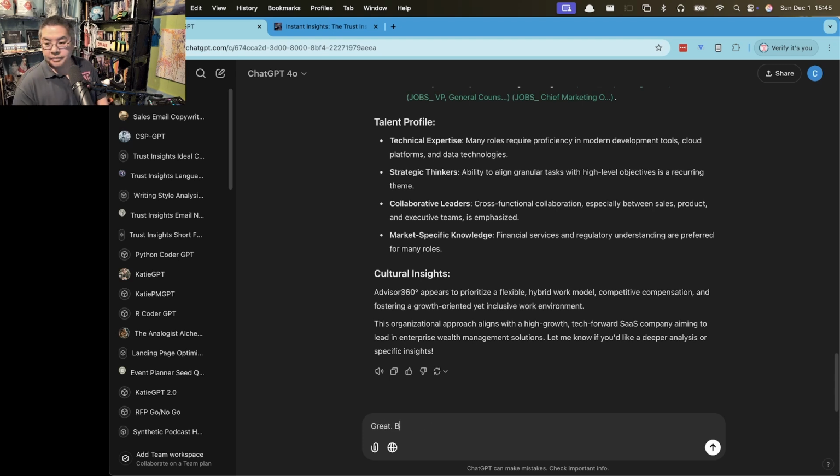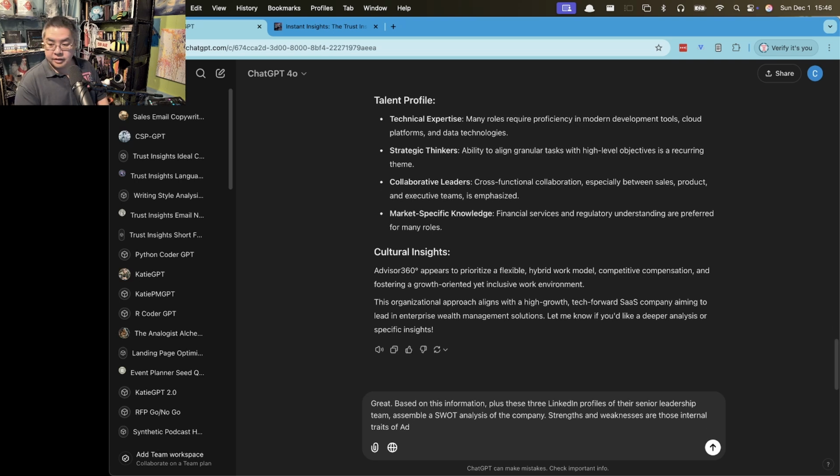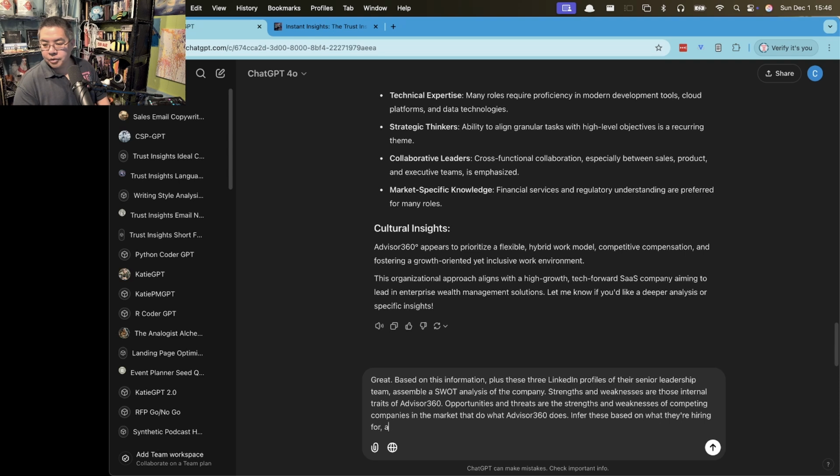And now we're going to say, great, based on this information, plus these 3 LinkedIn profiles of their senior leadership team, assemble a SWOT analysis of the company. Strengths and weaknesses are those internal traits of Advisor 360. Opportunities and threats are the strengths and weaknesses of competing companies in the market that do what Advisor 360 does. Infer these based on what they're hiring for and what specifics mentioned in the job descriptions might suggest opportunities and